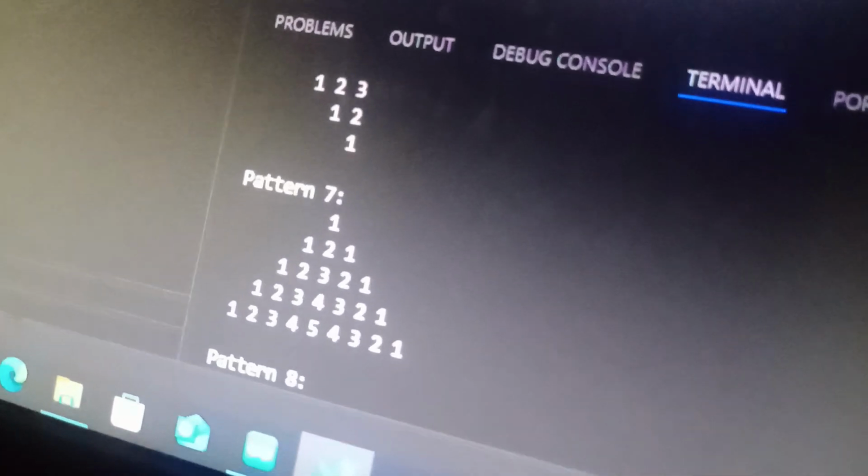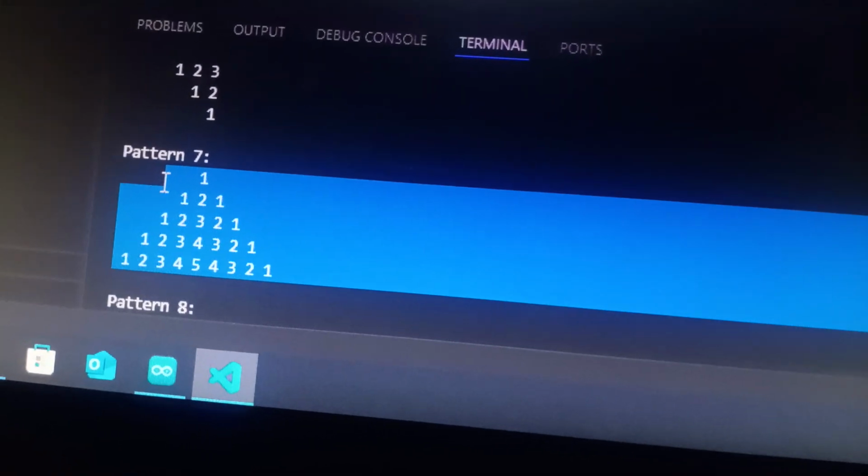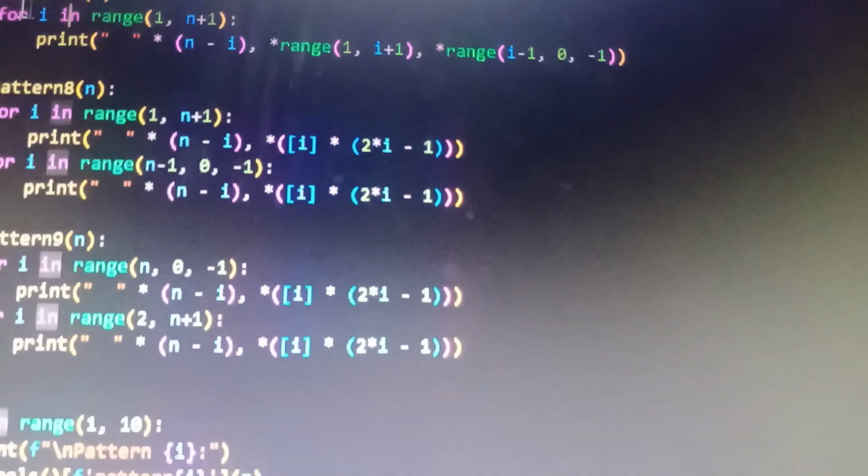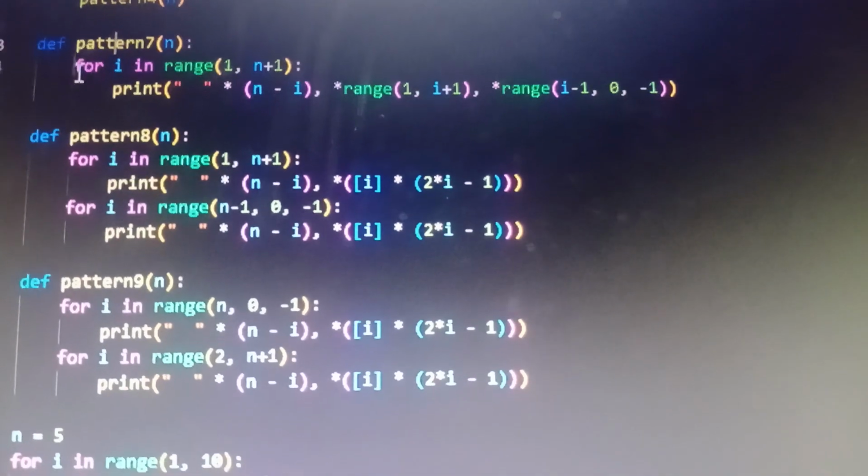As you can see here, pattern 7 generates a centered pyramid. It's a pyramid with mirrored numbers. Then here we have the def pattern n.